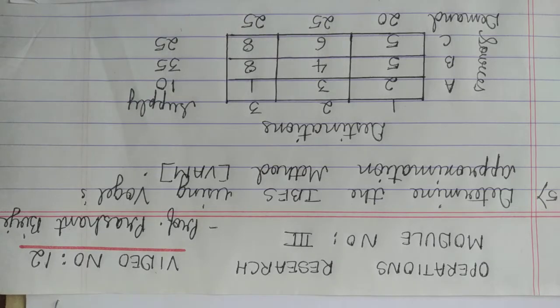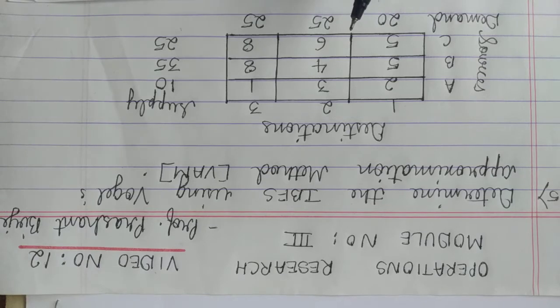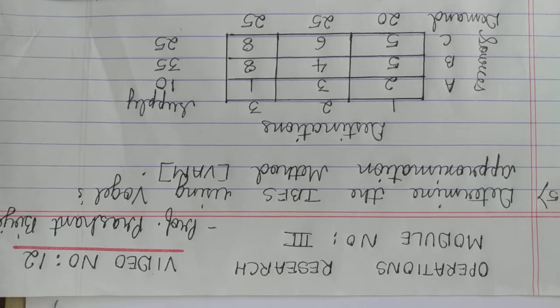So we are taking a similar problem to what we took for the northwest corner rule as well as the matrix minima method, and we will be solving it using Vogel's approximation method. As in the previous problems, the first step is to see whether the given problem is balanced or not. How do we check? We check the total supply and total demand. If they are equal, then it is balanced. Only if it is balanced do we proceed ahead. If it is not, we first balance it and then proceed.